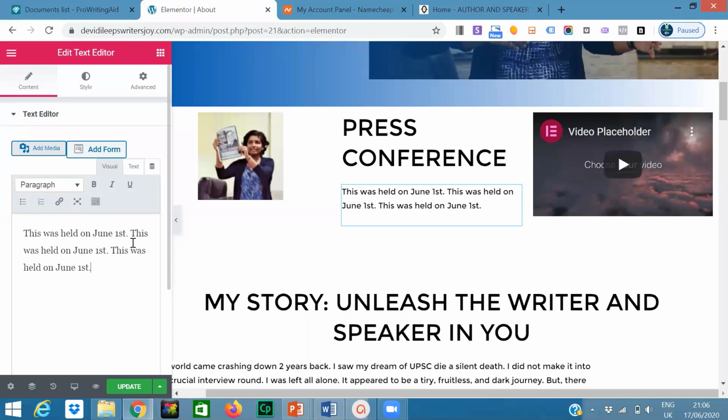Okay. So maybe we made a picture on the left hand side, right hand side, like in the second section we made. Oh, this is a press conference. There was some explanation, right? So we operated on the image. We operated on the header. We also operated on the text. Now go to the right hand side.